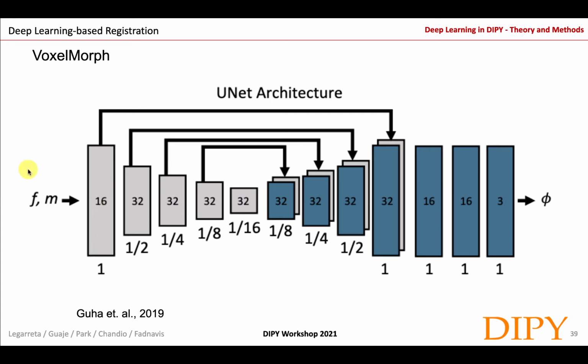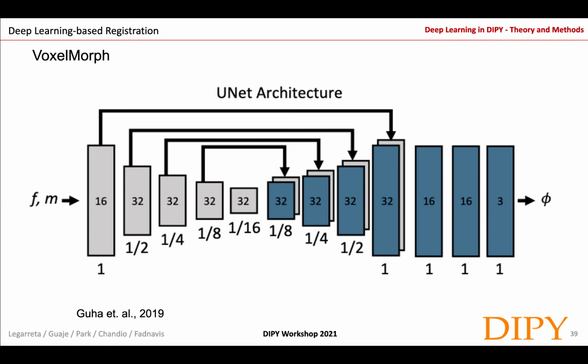Here, each rectangle represents a 3D volume generated from the preceding volume using a 3D convolutional layer. The decoder uses 32 filter convolutions, each followed by an upsampling layer to bring the volume back to the full input resolution. The 3D convolution in both encoder and decoder stages uses a kernel size of 3 with a stride of 2. Each convolution is followed by a leaky ReLU layer with a parameter of 0.2.